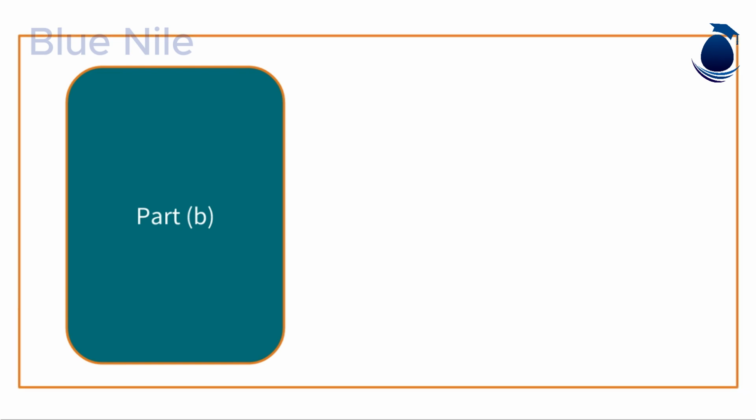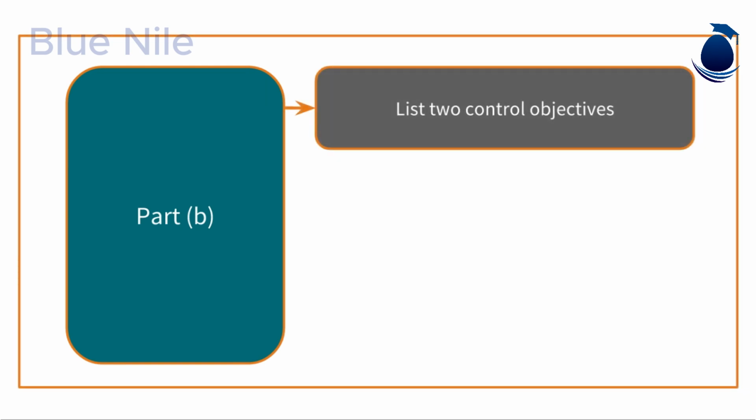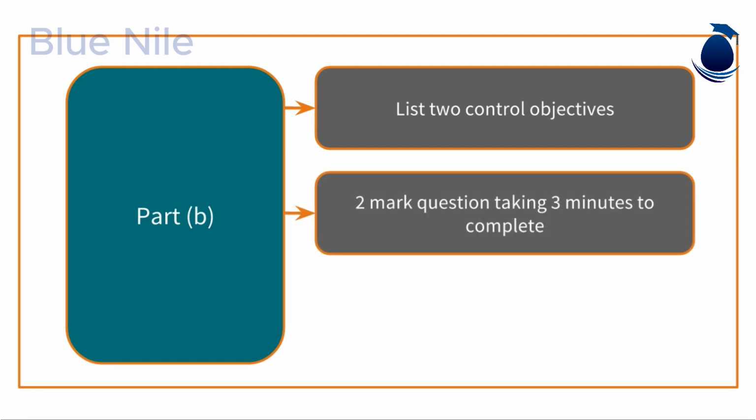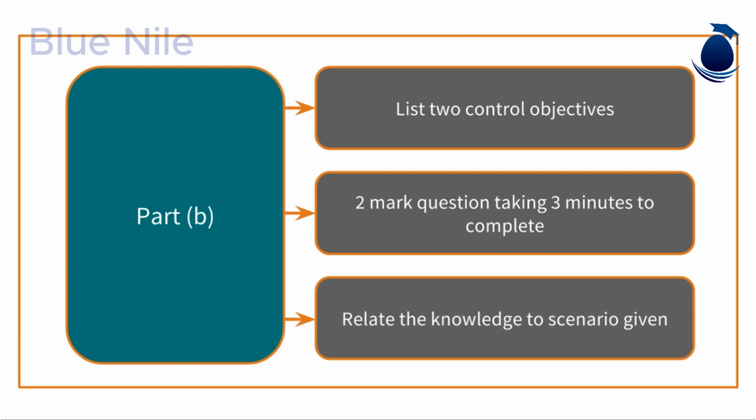Part B and C require the scenario for a successful answer. Part B asks us to list 2 control objectives of oregano's sales and dispatch system. This is a 2-mark question, taking around 3 minutes to complete. This is a straightforward 2 marks if you have revised control objectives and can relate this knowledge to the scenario